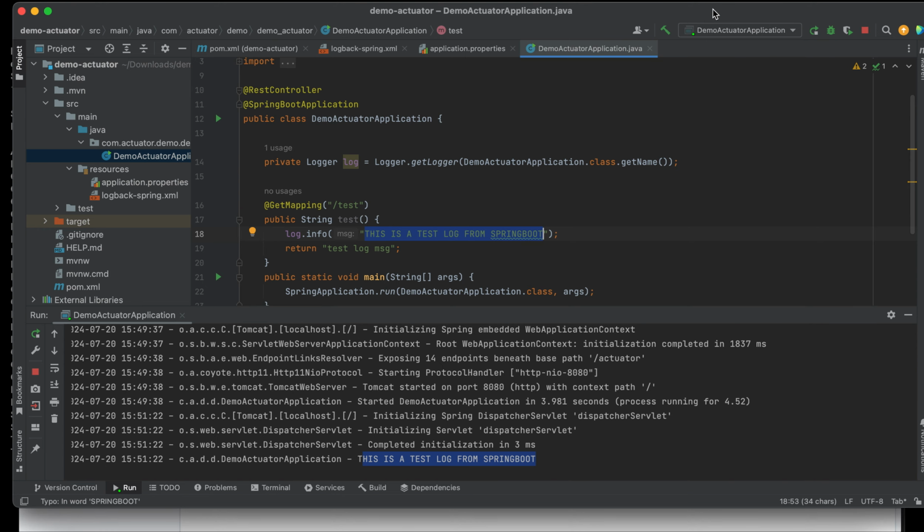Let's try a new one. Maybe it's old data, right? This is fresh data. Let's rerun this.